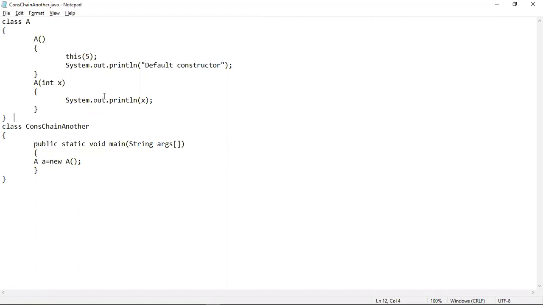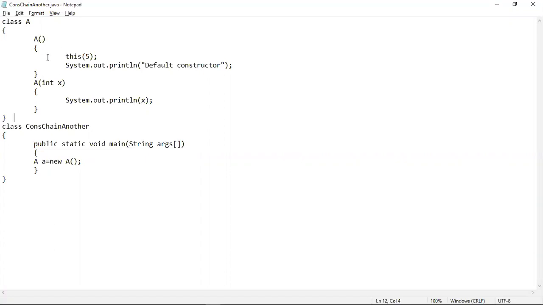In the previous program, you have seen that the constructor chaining was implemented in a downwards or bottomwards manner. That means one constructor is called from another constructor body, and the call is made to the constructor which has been placed beneath the above constructor. That means the chain has been formed in a downwards manner. Here the chain is being formed in an upwards or backwards manner. That means first this constructor is going to be executed, then this constructor is going to be executed. So here it will go backwards.